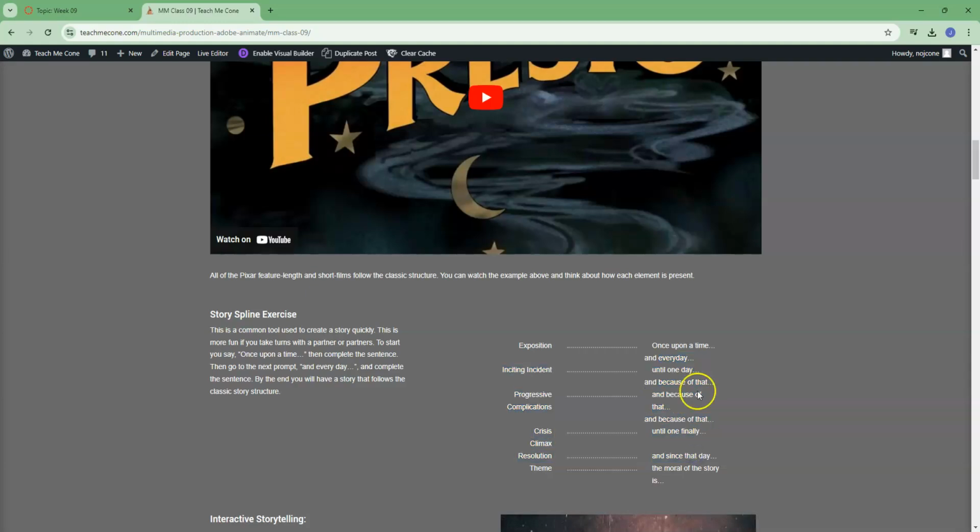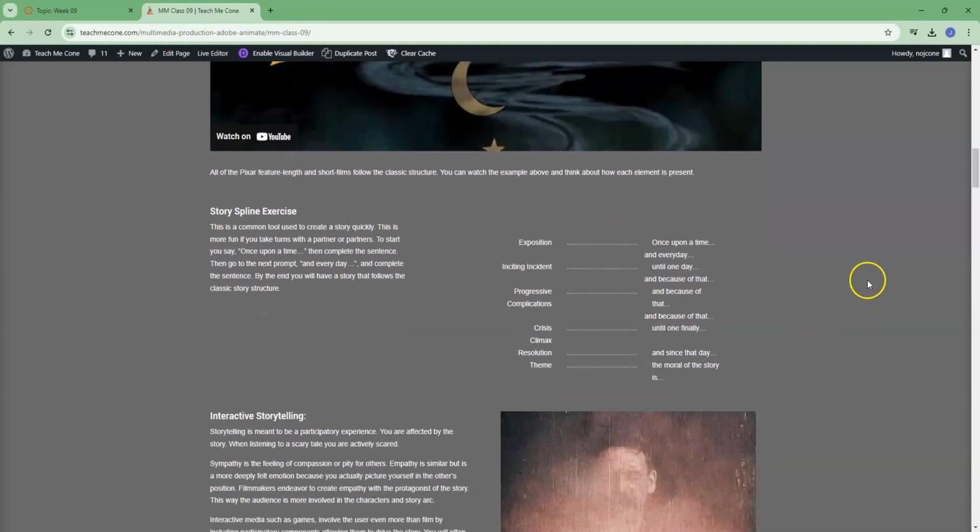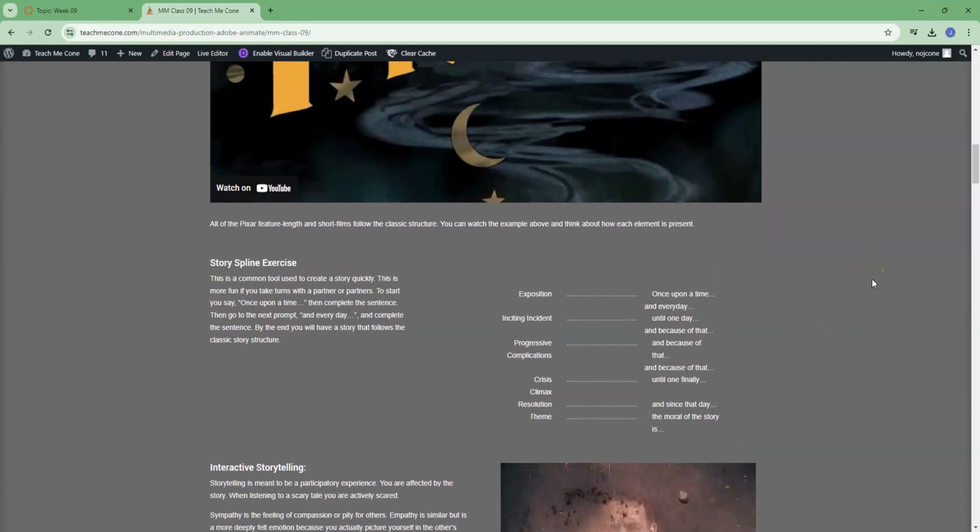But the idea is that if you follow this, it will give you your exposition, inciting incident, progressive complication, crisis, climax, and resolution, and then the general theme. Okay. So if you can make your story fit this idea, then that would work. Now that only really works if you're doing something within, like they say short films should be 7 minutes or under, at least animated films. Once it gets past 7 minutes, it becomes a little too long. Really, I would say for a student, you want your short film to be probably about 2.5 minutes. But as for projects and stuff, I would say you want to do it like 10 seconds. That's what we're shooting for.